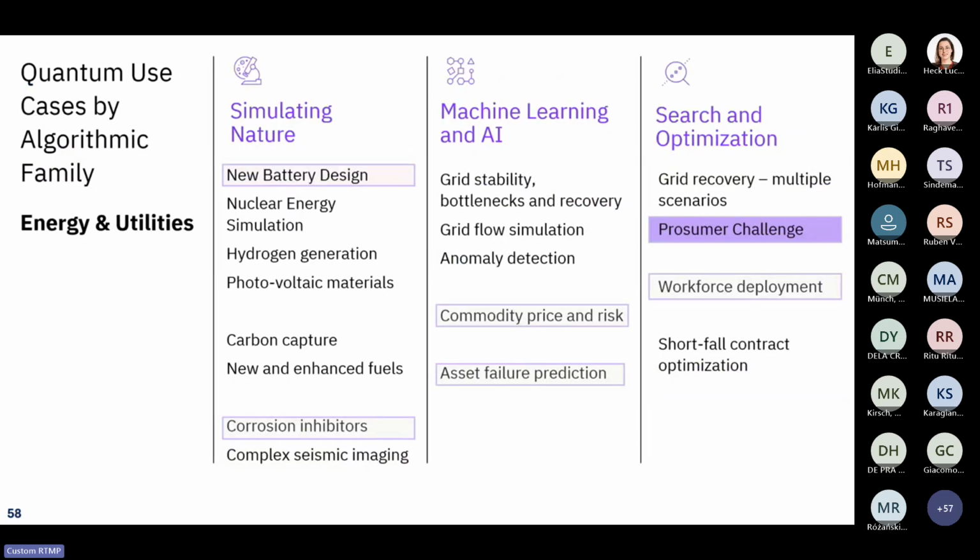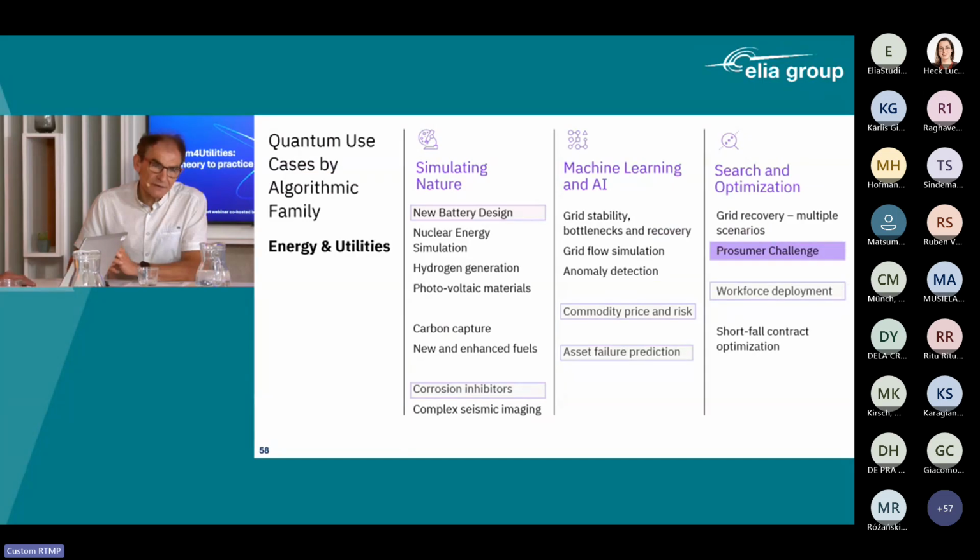The second way is to come back to my three big categories I already introduced. And let's start with simulating nature or simulating chemical processes. Think about new battery design. How can you improve your batteries that, of course, are very important also when you see more and more people installing batteries in their houses? So how can you improve that? That means that you have to simulate the chemical reactions that are behind these new batteries. For instance, lithium sulfur batteries. How can you do that? So there, quantum computing can play an important role.